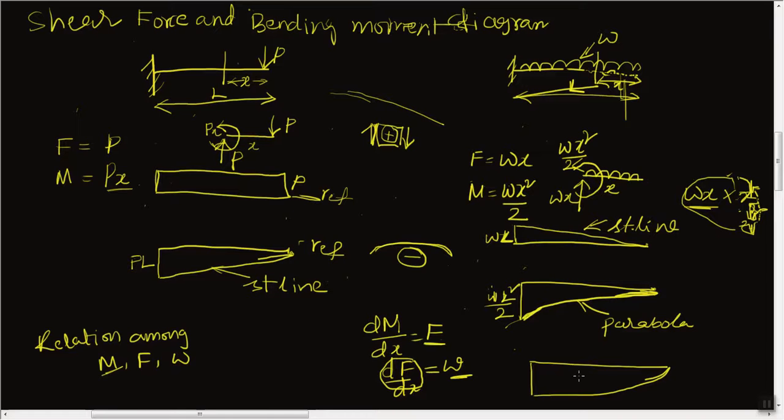but here in this case, if you draw the parabola like this, it will have a finite slope here. That means here in the shear force diagram you should have a positive value, but it is not so. It is the wrong shear force diagram for this. So the correct shear force diagram is this one, like this. Okay,